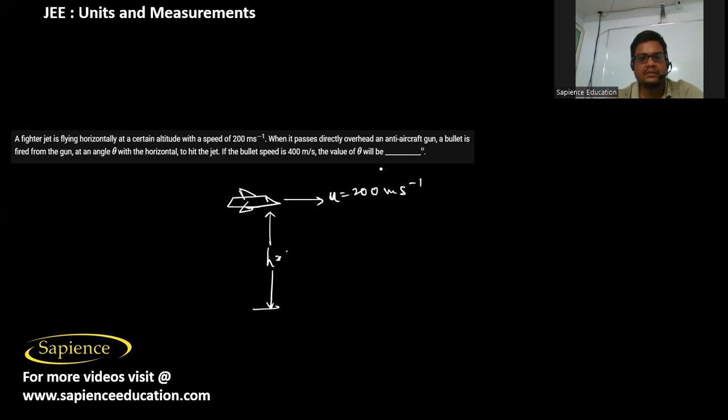When it passes directly overhead an anti-aircraft gun, a bullet is fired from the gun at an angle theta with the horizontal to hit the jet. If the bullet speed is 400 meter per second, the value of theta will be